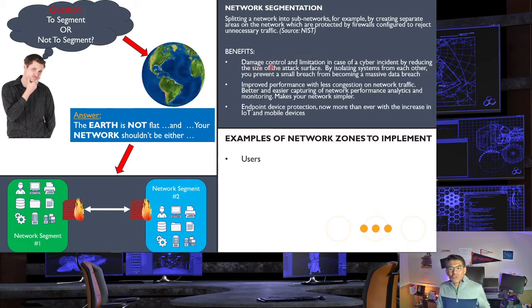It provides damage control and limitation in case of a cyber incident by reducing the size of the attack surface. So if a cyber crime actor is trying to access data and create damage within our company, and let's for a minute think of our company as the combination of network segment number 1 and network segment number 2. If the cyber attacker is trying to create damage for our company, if he's able to access one of the servers in network segment number 2, he will not be able to create damage in network segment number 1